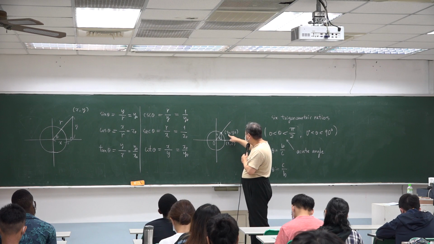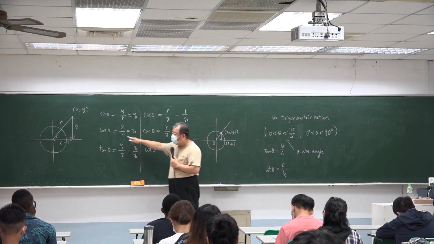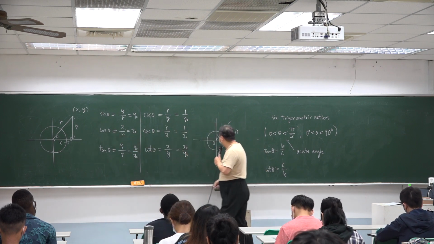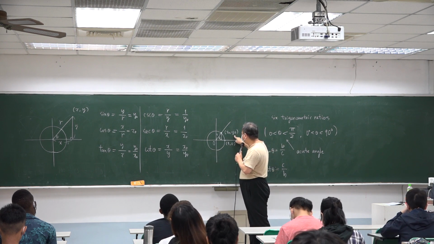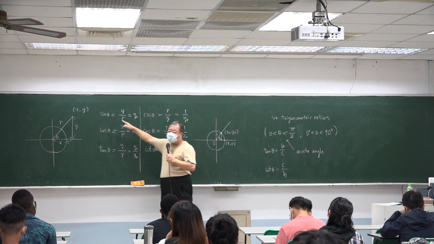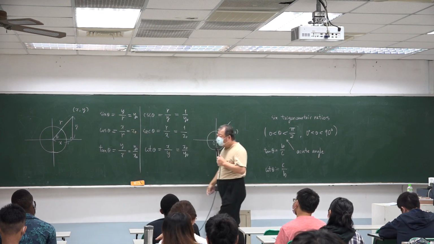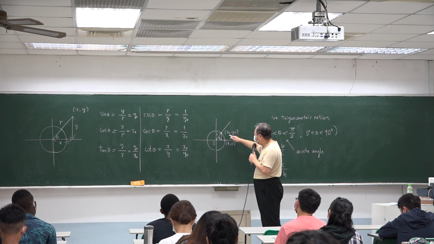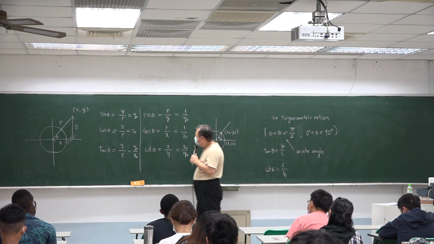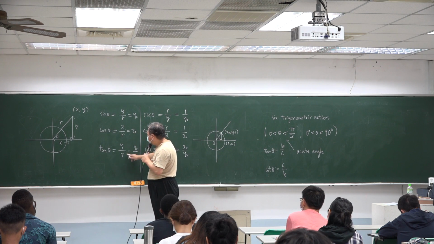The x coordinate is cosine theta. This number is sine theta. Okay. And tangent, you can see this one over this one. If you want to make x to be 1,